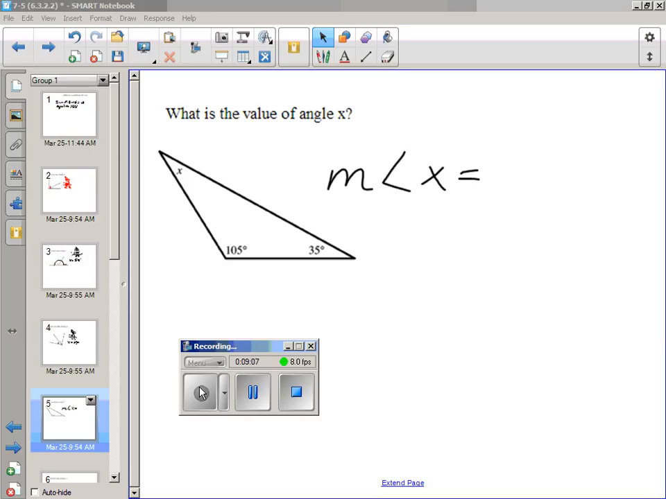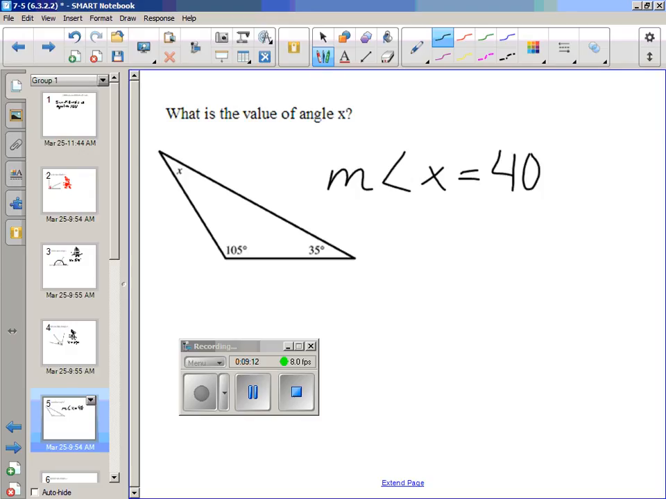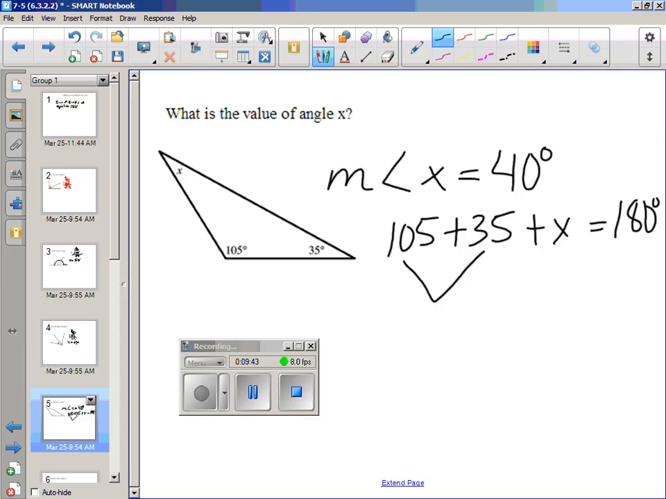The measure of angle X is equal to 40 degrees. And it's 40 degrees because all the angles of a triangle have to add up to 180. That's right. 105 plus 35 plus whatever X is equal to should be 180 degrees because every triangle will add up to 180 degrees. All three of their angles added together, the sum of their angles is equal to 180 degrees. So when we combine the two that we know, and kids, this is what it's going to look like